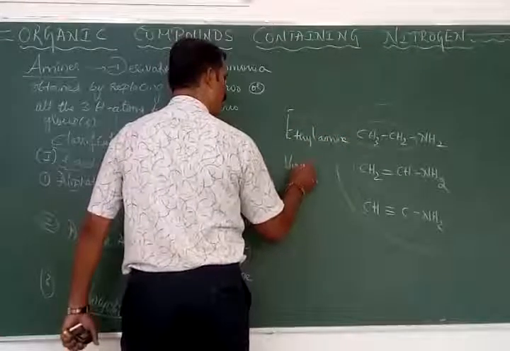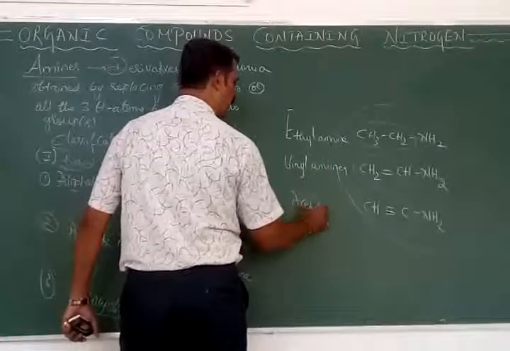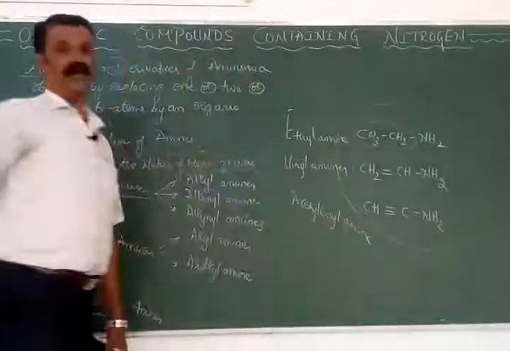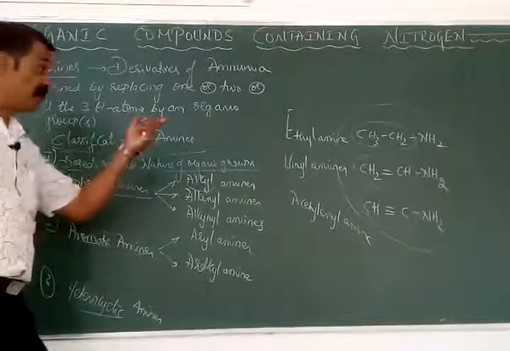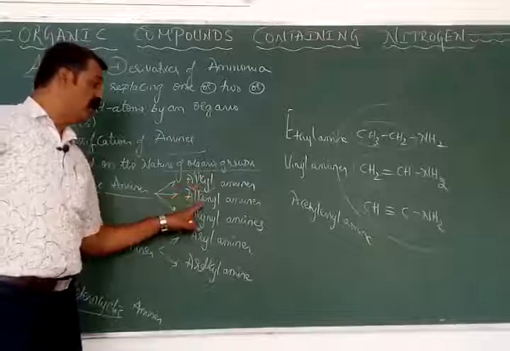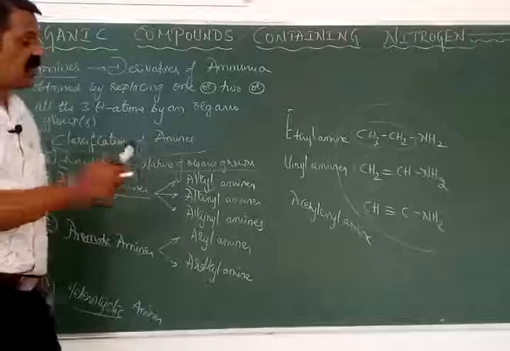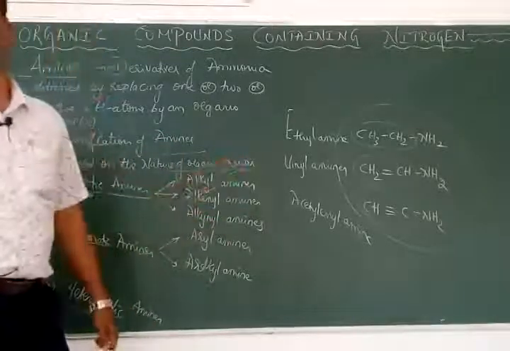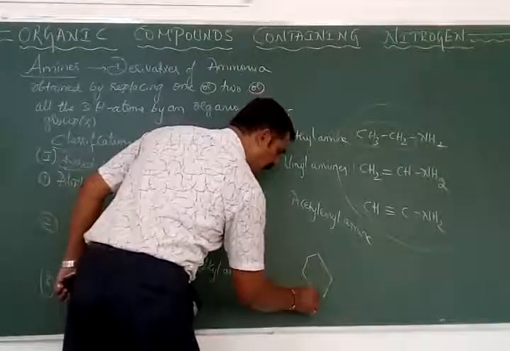So here it is vinylamine, and this is called acetylenylamine. They are all examples related to aliphatic amines. In particular, ethylamine is an example for an alkyl amine, vinylamine is an example for an alkenyl amine, whereas acetylenylamine is an example for an alkynyl amine. Now, this is the aryl amine